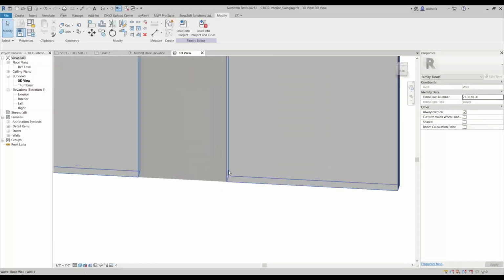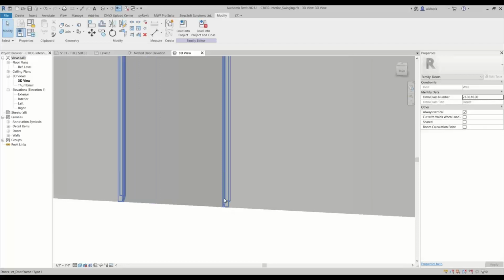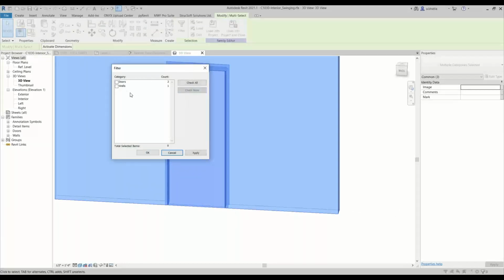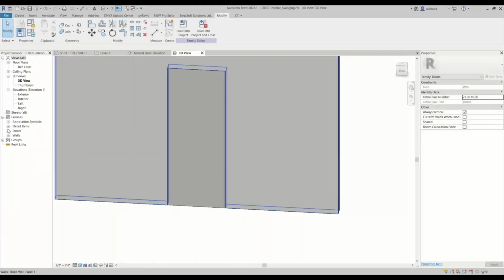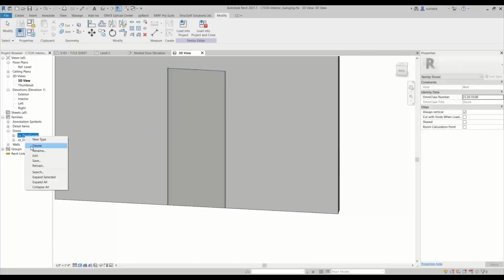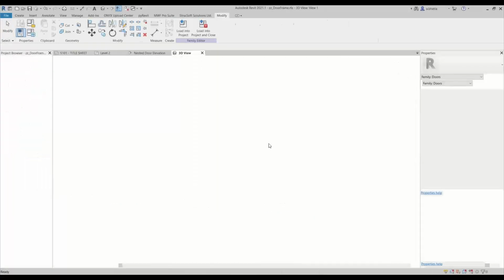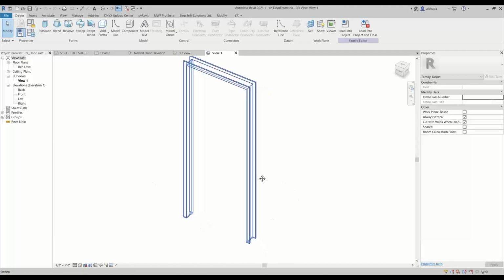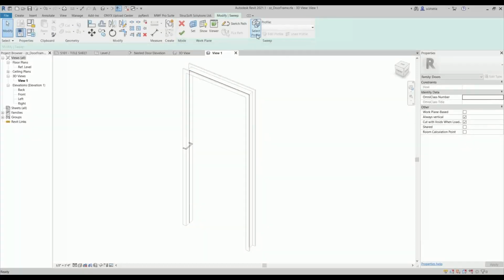Oh, whoopsie. See, the door frame is actually gone inside the wall. It's probably because we forgot to set up a parameter. So what I'm going to do, again quickly, is go down here to the frame, right click, edit the frame within the families portion of this dialog box. And then we're going to edit the sweep,